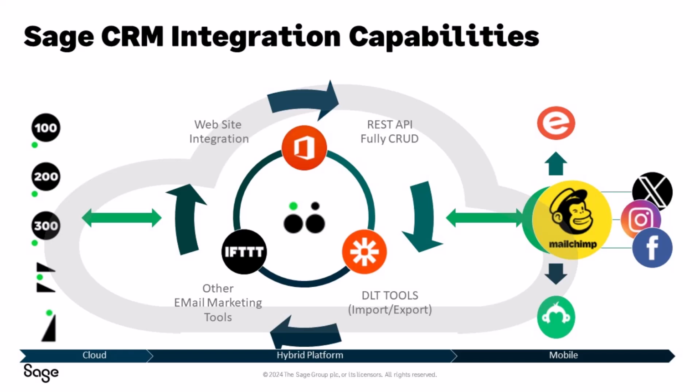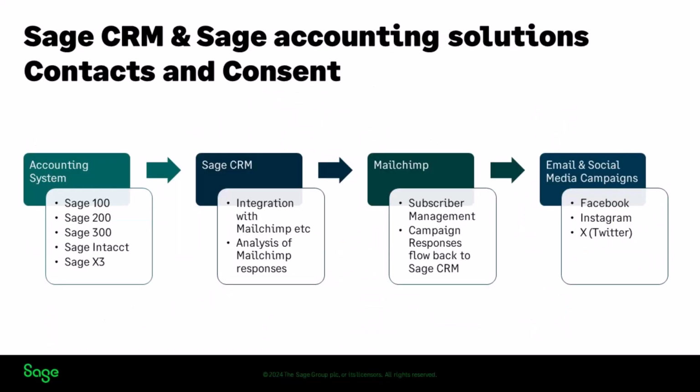And if we think about this diagram, which is trying to represent the APIs and the way in which Sage CRM can integrate with other systems, whether you're dealing with a Sage 300 or a Sage Intacct or a Sage 200 system, there are different implications. And just thinking about the flow of data, you could start off with an ERP system in which you're recording